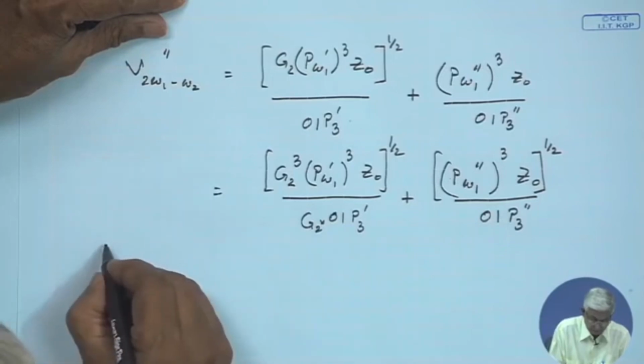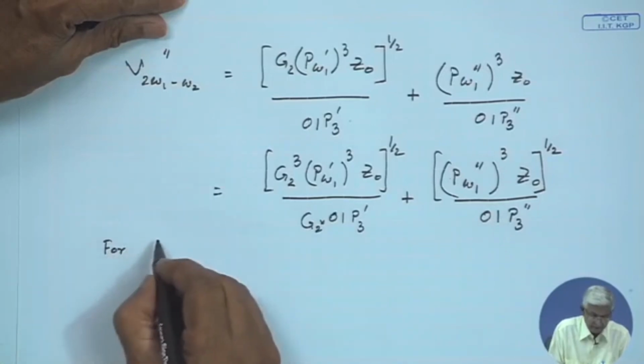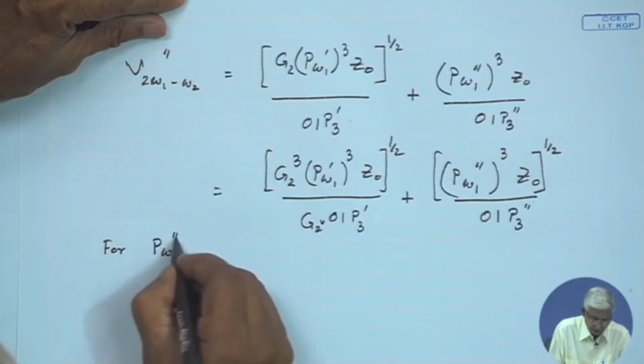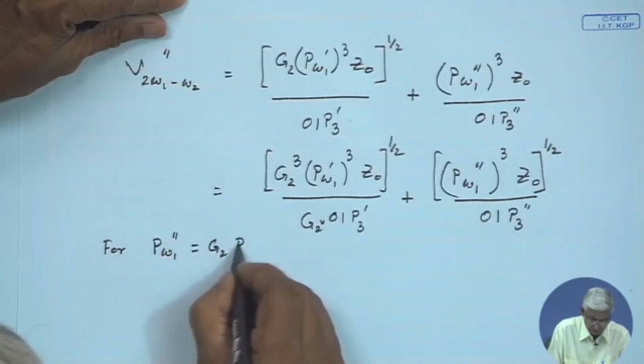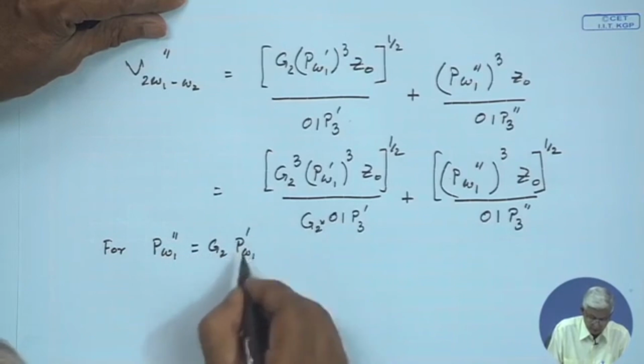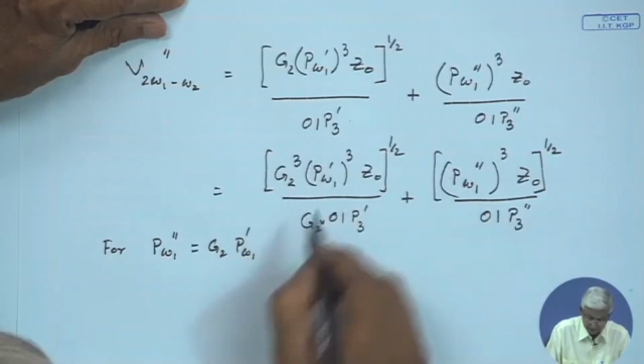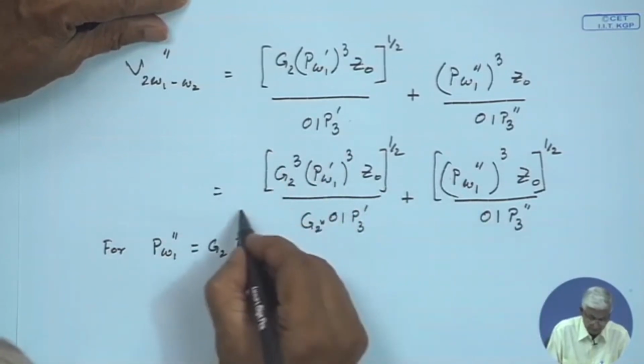Now, P omega 1 double prime is G2 into P omega 1 prime. So, this part is replaced, and this one